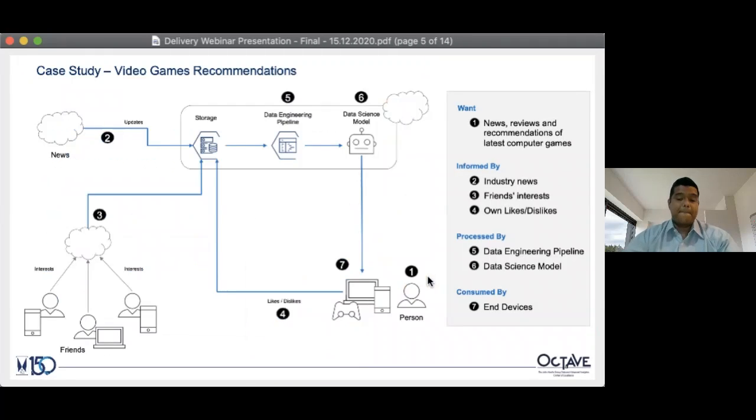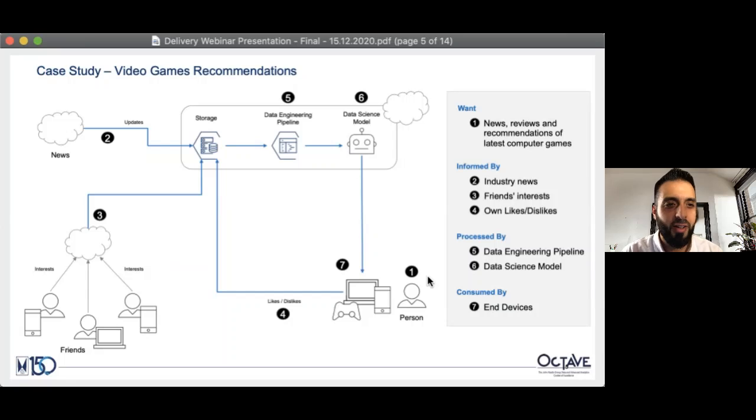Okay, so let's anchor all of this on a really simple case study. I got talking to Dominda a few weeks ago and found out that we both have a love of computer games. So we've made up an example, but it is based on something that is real. Suppose that we're looking for news, reviews and recommendations of the latest computer games out there. Obviously the PS5 is out there, the new Xbox is out there. There are a lot of new games, a lot of buzz in the industry. So how would we go about building something like this? And how is the AI going to infer the stuff that we're actually interested in? What does a recommendation system look like?